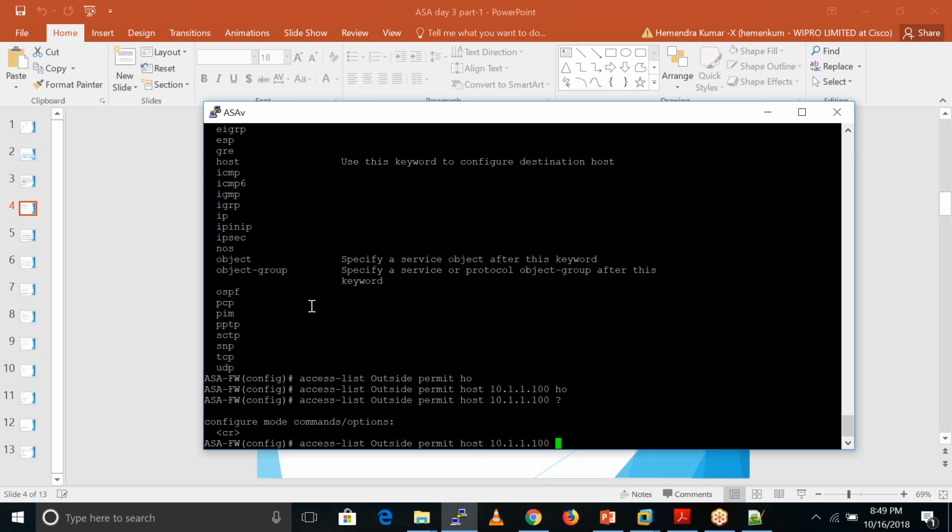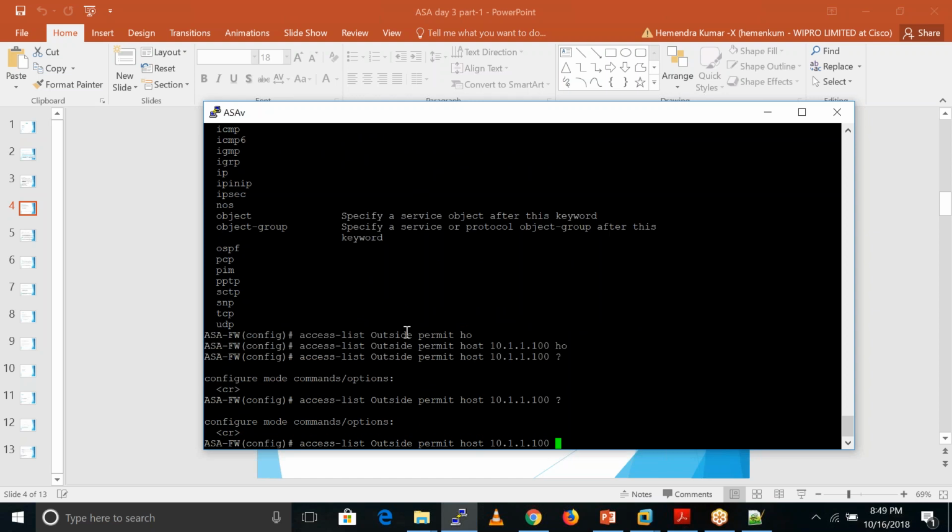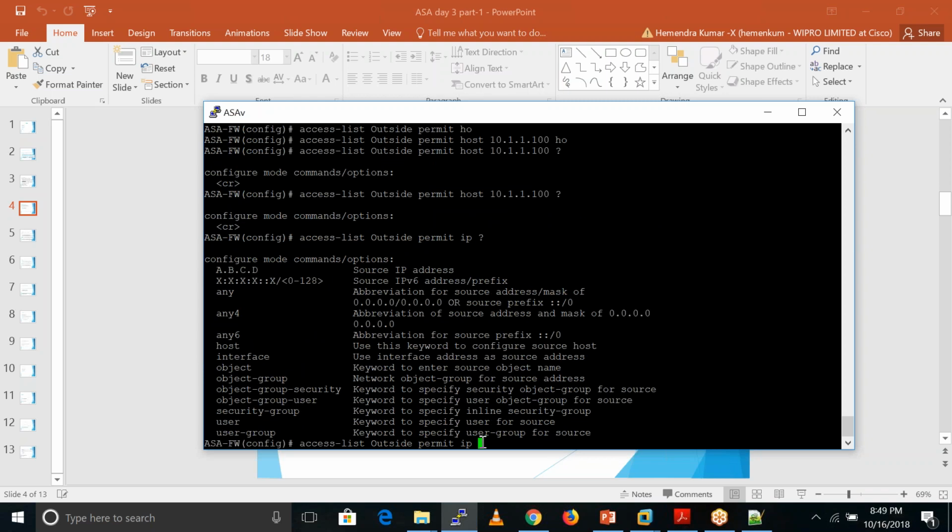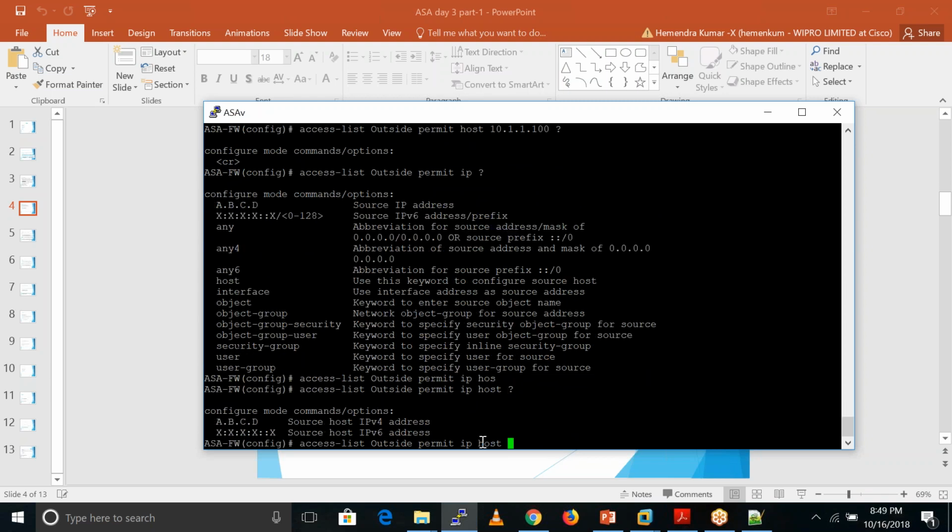Access list outside permit host. If we write the host here, what happens in that case? Basically, consider this ACL as a standard ACL. So now, permit IP. Let me allow all the IP traffic between these two hosts.